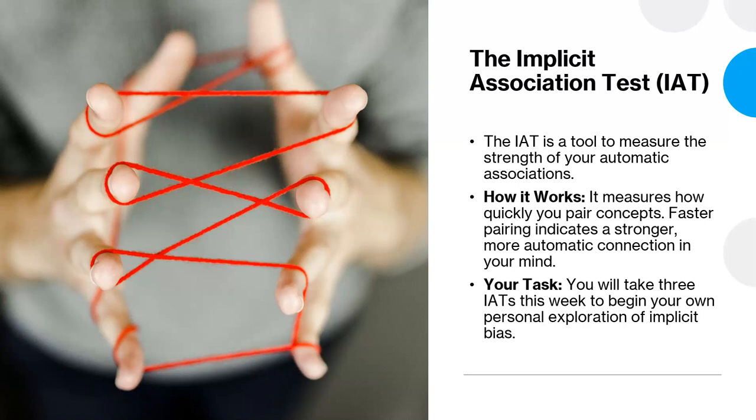Again, just as a reminder, we're doing these tests so you can begin to explore your own bias. But as you take these tests, remember, this is not about getting a good or a bad score. Several of you may take the test and not like your results. If you take this test and it shows you have a bias, this does not mean you're a bad person. This does not mean that you hold some deep racial views. It just means that you may have some bias.